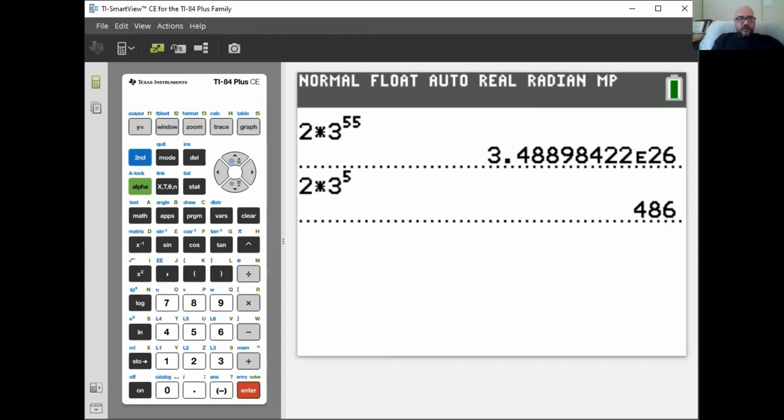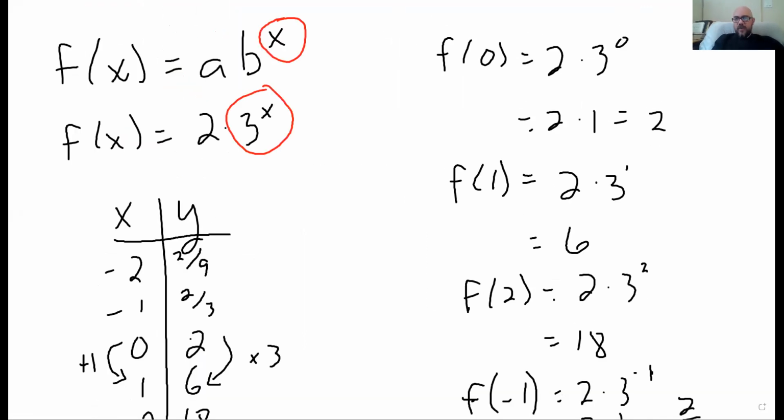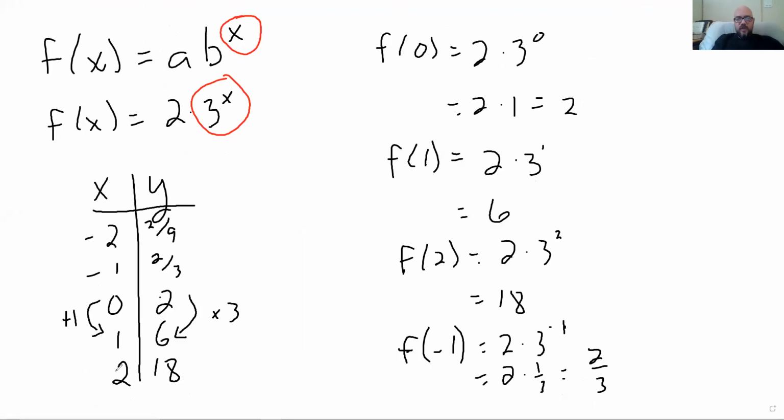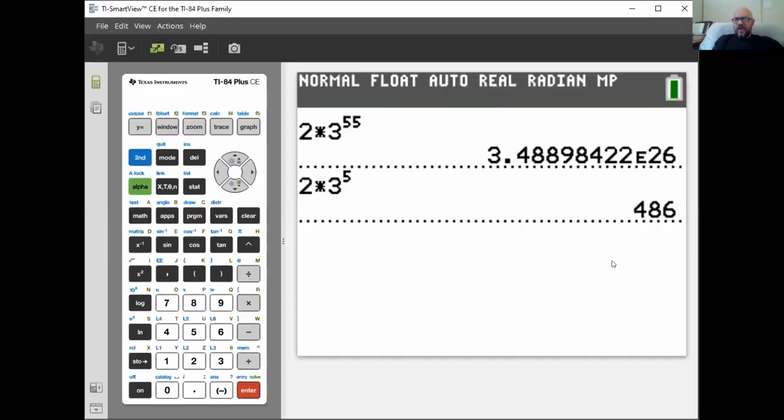Looking back at our whiteboard, you can see that that's not all that much bigger than the ones that we did here. 2 times 3 to the second, 2 times 3 to the third, right? So exponential functions get really big really fast, which is why you kind of need a calculator for them, right? They're just too large to be able to do by hand conveniently. So let me introduce you to a little bit of not exactly advanced calculator use, but a better way to